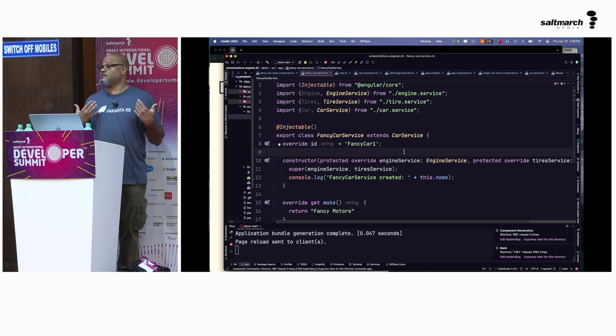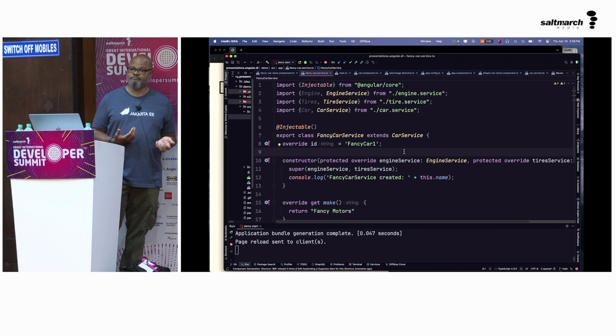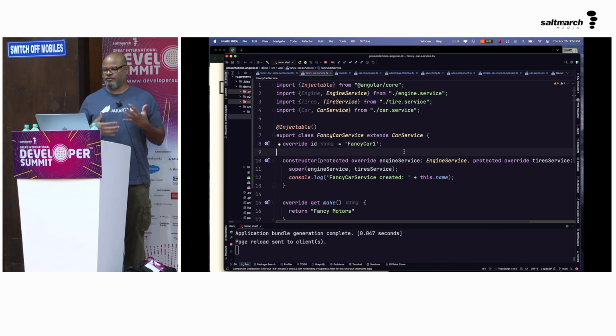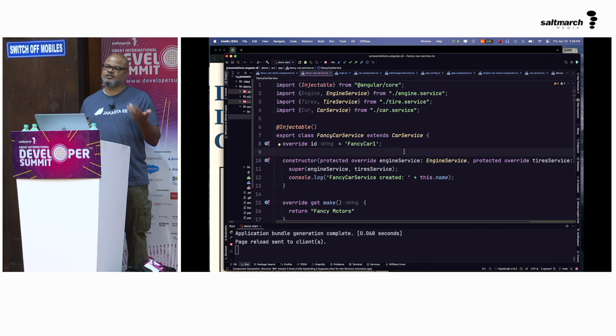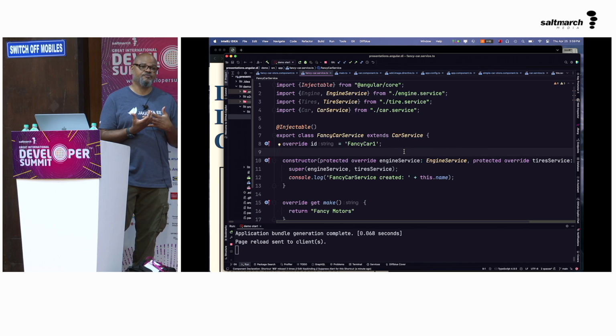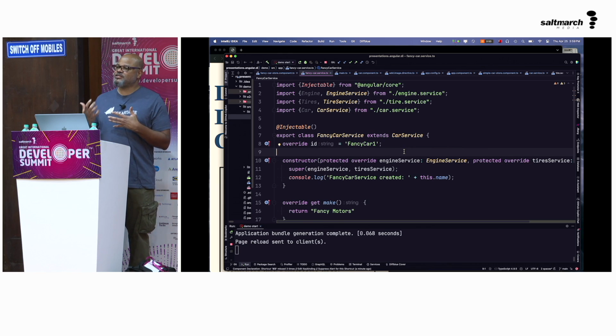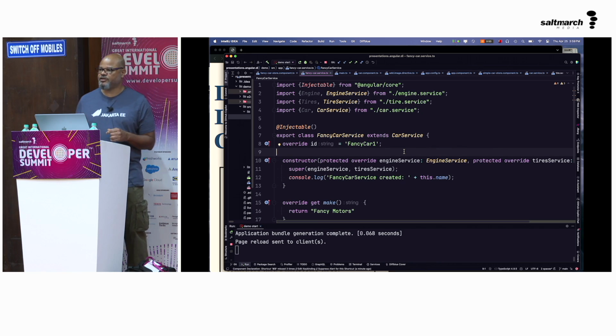Now you might be tempted to use a TypeScript interface, right? Because if you don't have any real functionality you want to reuse, an interface seems like a logical thing to do. However, it will not work because at runtime or build time, TypeScript interfaces are erased because JavaScript doesn't really know about them. So that means Angular can't use that as a type for dependency injection, okay? So if you decide to do that, it's not going to work. So go ahead and actually use a base class, and then things will work out fine for you, okay?